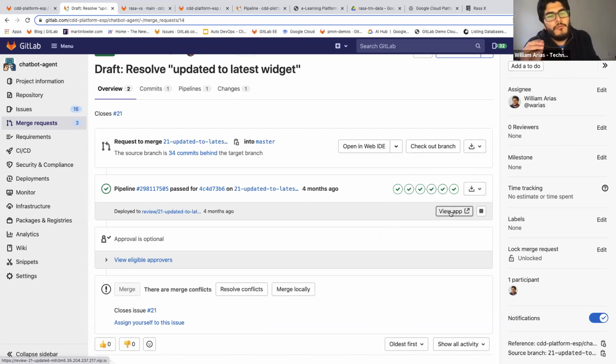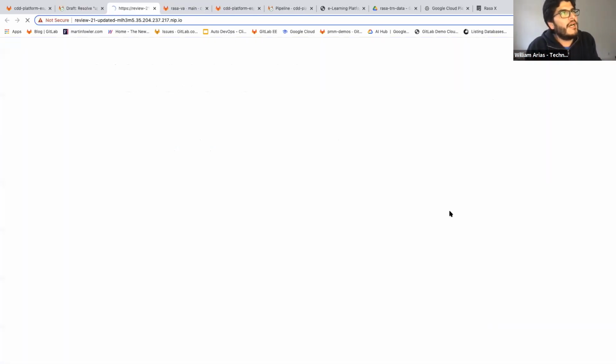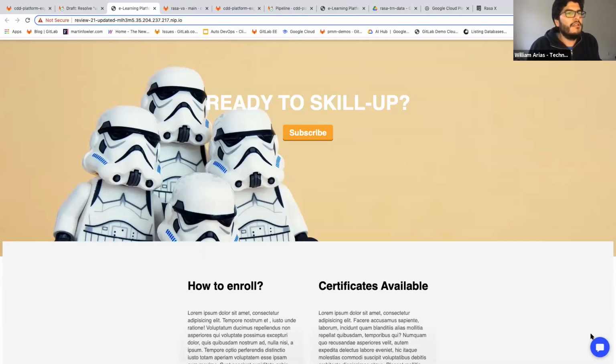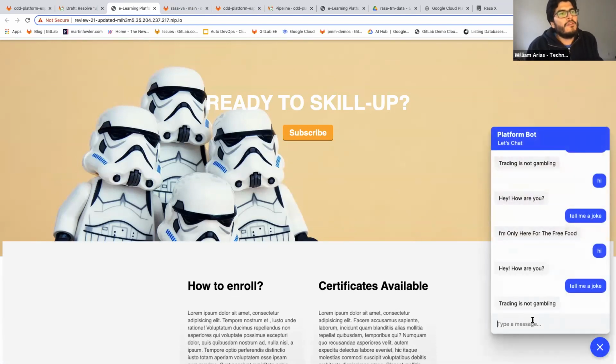So whenever we create a new model, I am provisioning for myself an application. If I click here in View App, this is a front end that I'm using just to deploy the widget of my chatbot. In this case, this is not production. This is just an ephemeral environment that is called review, because in chatbots, especially, it's very important that